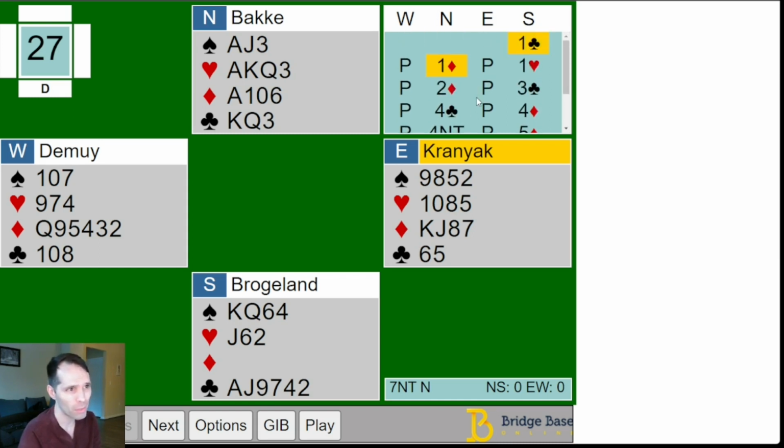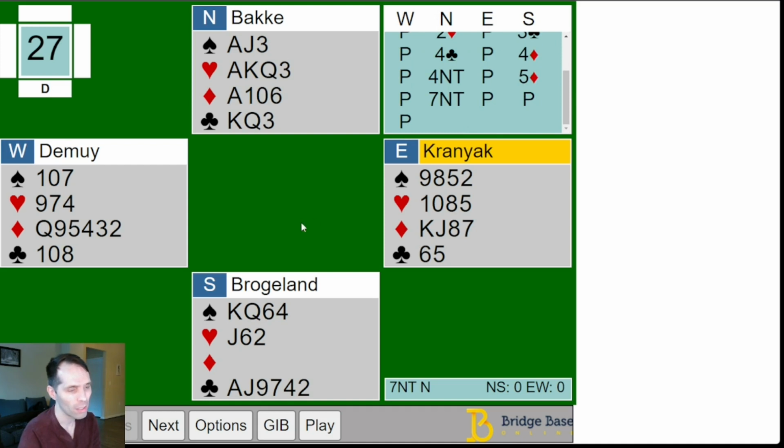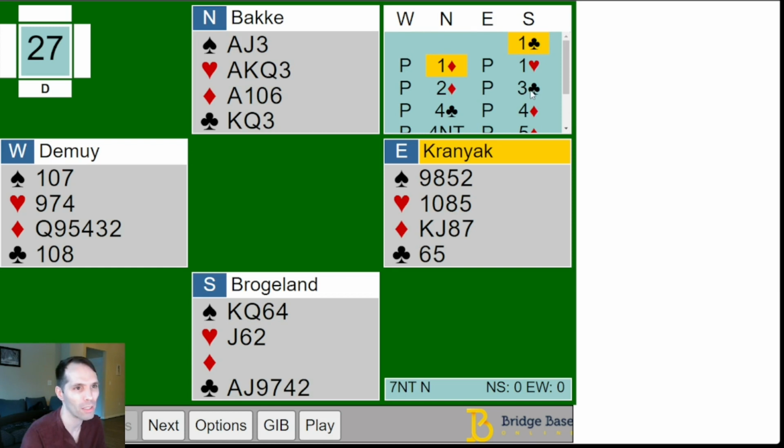Now, at this table, North has a bit less information because the king of spades could have been the king of diamonds here. And then how many tricks do they have? Well, the fact that South has the 6-card club suit gives them an extra. But let's say South had like king doubleton of diamonds. No, maybe that's impossible given the auction. 3 clubs sounds like it has long clubs. Oh, South never showed spades. Oh, okay, hold on. What if South has like queen doubleton, 3 small,